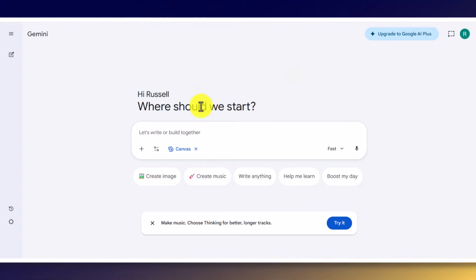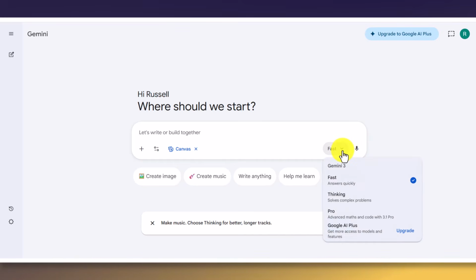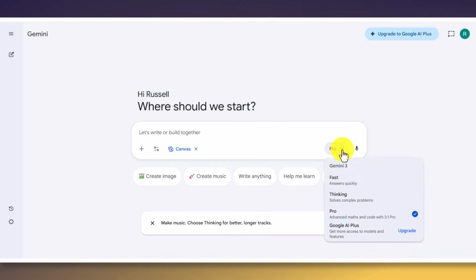Now what you can do is you can either write your instructions or you can click on this button here and record your instructions, and that's actually what I'm going to do. And another tip is, in the free account you do get a certain amount of pro and deep thinking for free each day. So I'm going to switch over to pro, okay, and hopefully it might work. Now if it doesn't, it will just work in the normal standard Gemini fast, but hopefully pro might work.